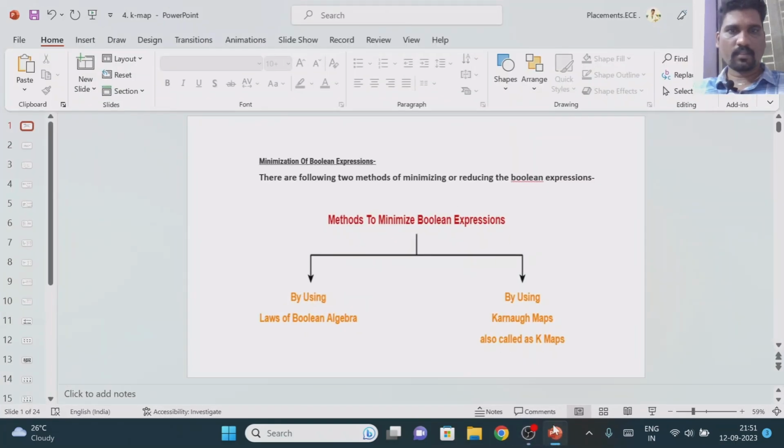Hello guys, in this class we will try to understand the K-map minimization technique. Karnaugh map is the name of a person. So Karnaugh map, or K-map method. What is the use of the K-map method? I think everybody knows. It is one of the minimization techniques for the Boolean expression. What is the meaning of minimization? Reducing the larger number of components, in terms of logic gates, to the minimum number of logic gates.